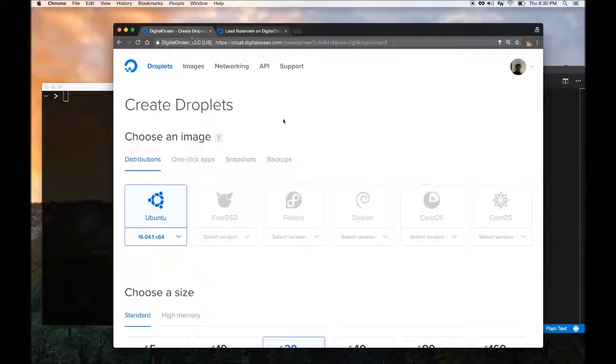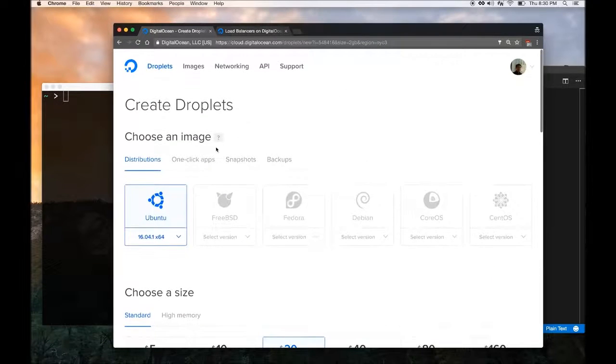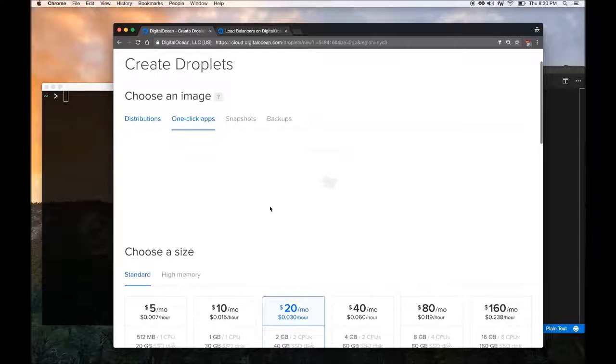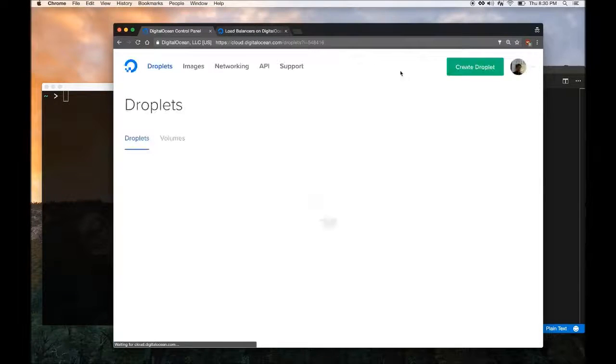Once you sign in, you can click on the create droplet screen, and here you can create servers very easily. I just want a quick LAMP server, meaning a server that contains Linux, Apache, MySQL and PHP. But I'm not going to use Apache, I'm just going to use Nginx because I like Nginx a little better. So you can click on create droplet here,